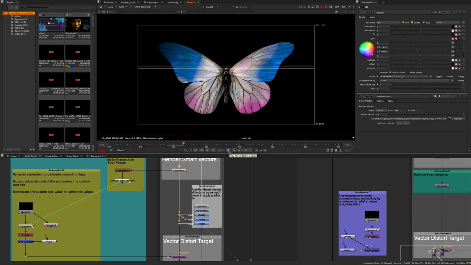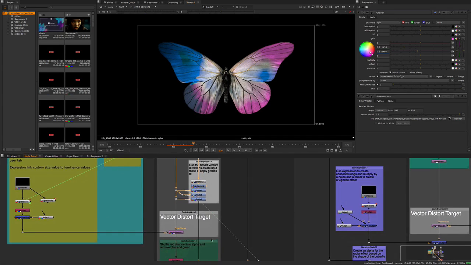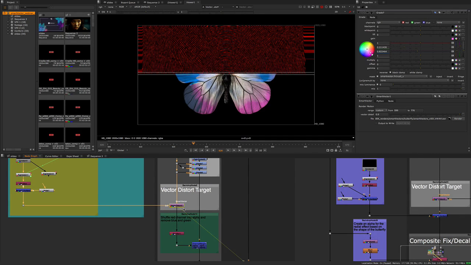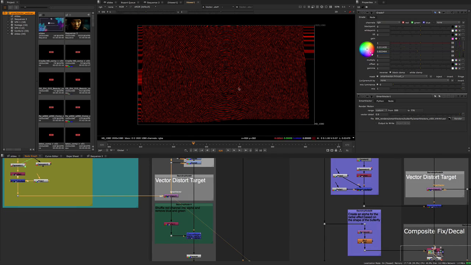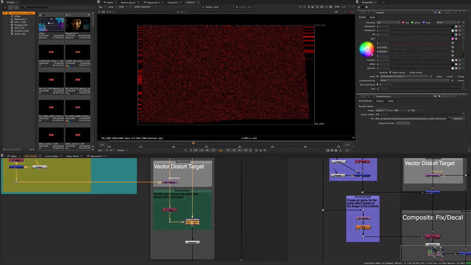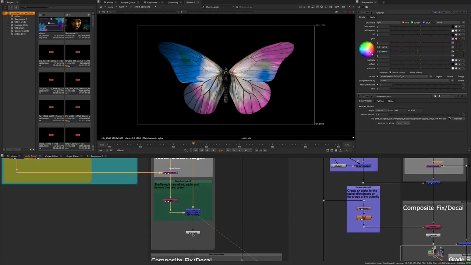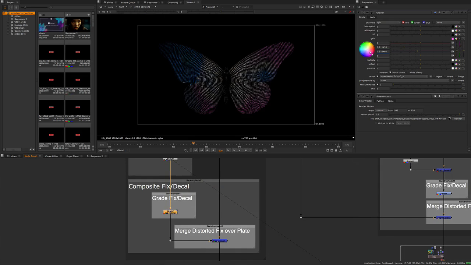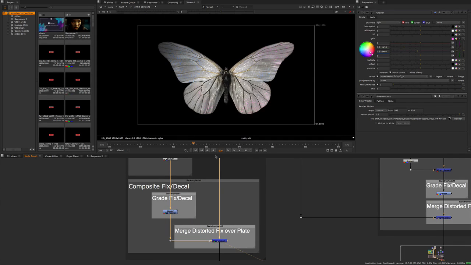It's a very, I guess, psychedelic effect when you combine it with the rings in some senses, but I'm going to tone it down a bit so that it becomes a bit more subtle. So that's the expression being vector distorted, and then the two are premultiplied with each other to create the end effect that we're then going to grade, give it some color and merge over the top. And that's essentially what I was playing around with, just trying to access the smart vector data in unusual ways and see how that could be used to create